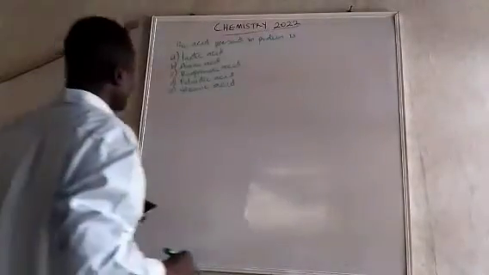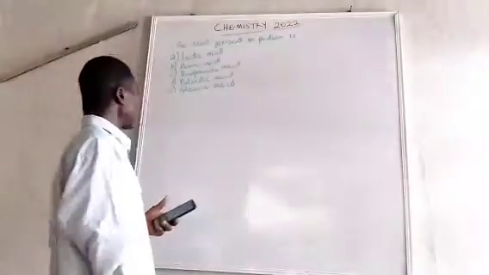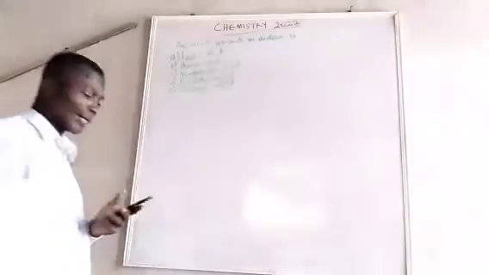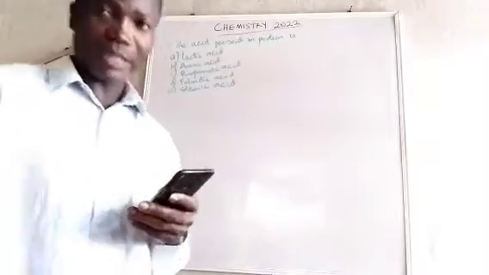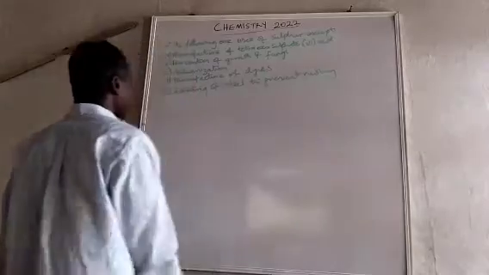The next one says, the acid present in protein is: A. Lactic acid, B. Amino acid, C. Propanoic acid, D. Palmitic acid, E. Stearic acid. The answer is B, amino acid. That's a common question. The next question says, the following are uses of sulfur except: